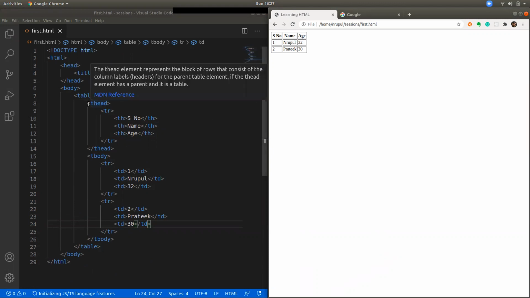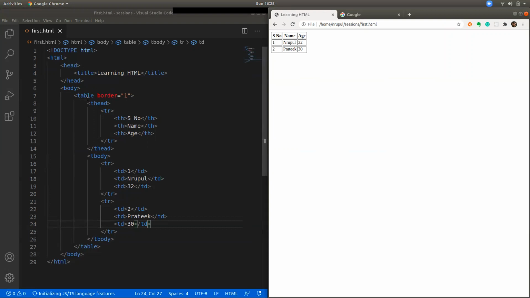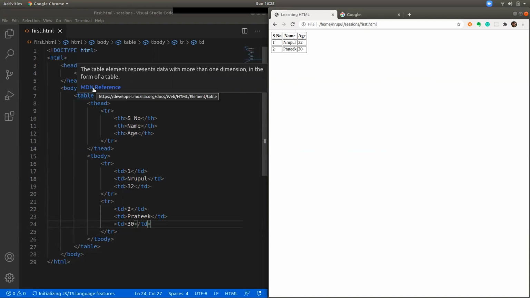You now know what attributes are, and how to use attributes for a particular element. Again, this border is specific to this table tag, so it might not work for all the things, but for table it will work. So you have to know which thing will be used for which tags, and for that you can use this site called MDN, the Mozilla Developer Reference Site. It has all the values, which I will explain how to go around.